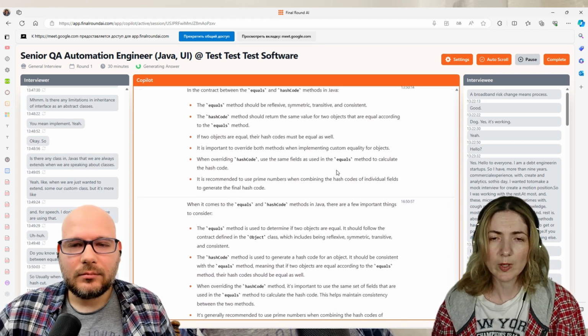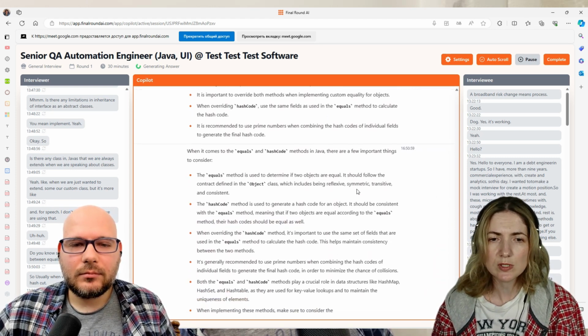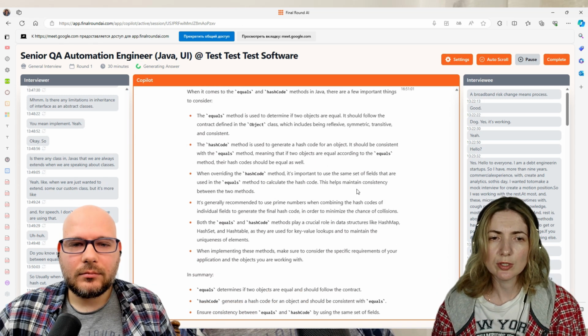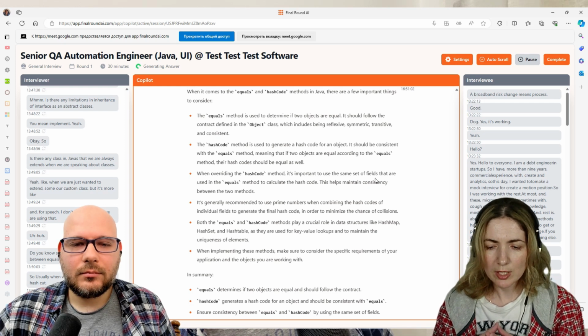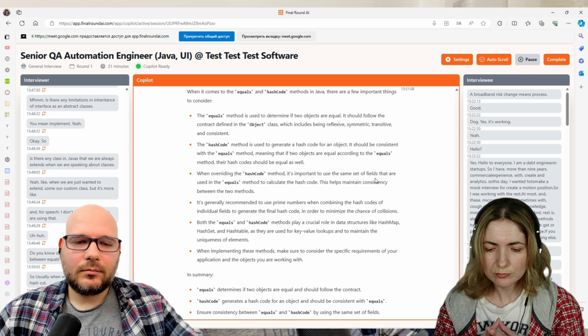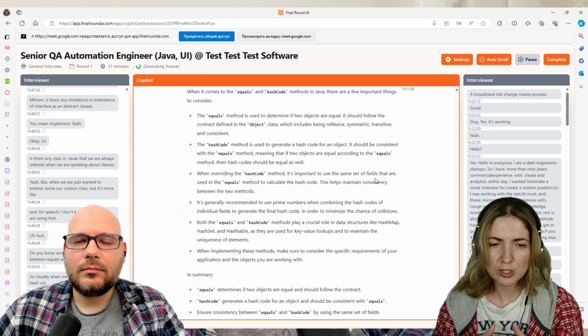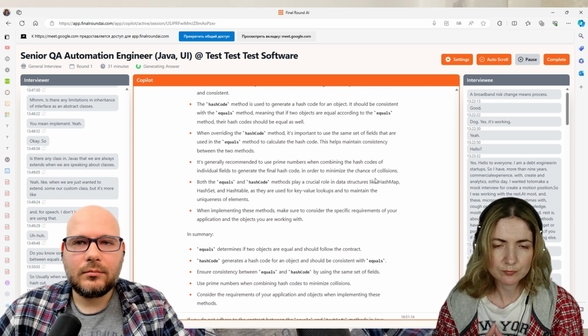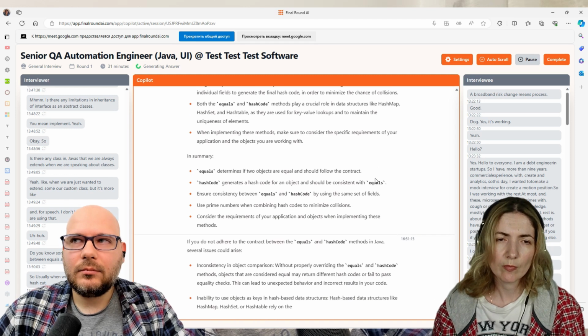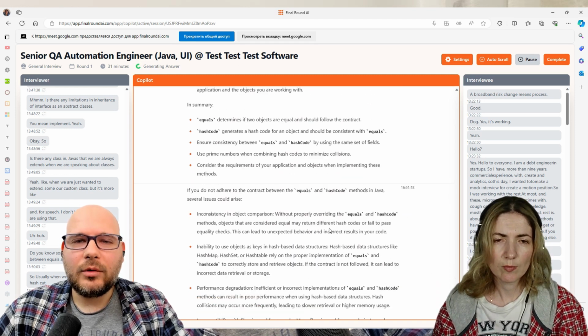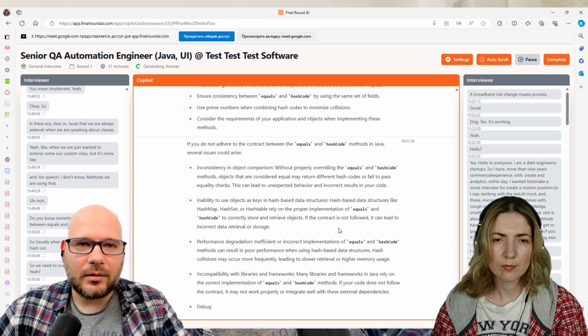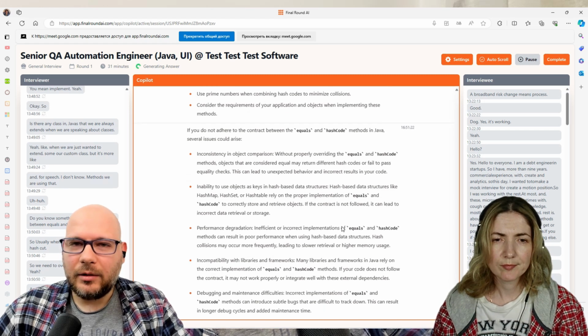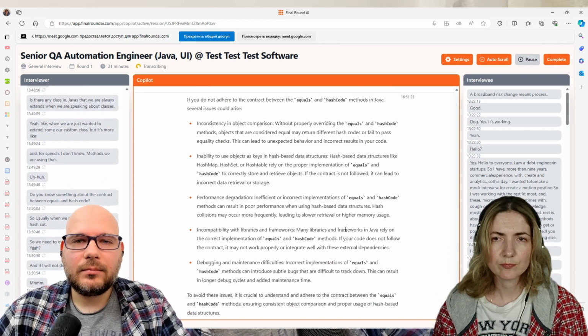If you do not override both of these methods, you cannot check whether your objects are really equal. And what about collision in that case? What is it, and in which case could it happen?